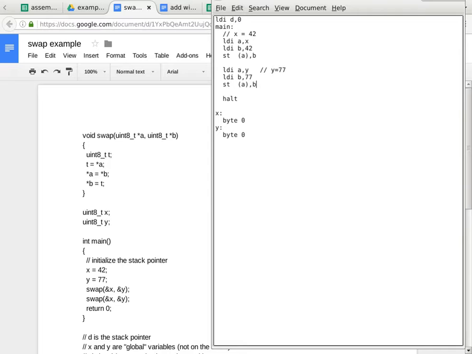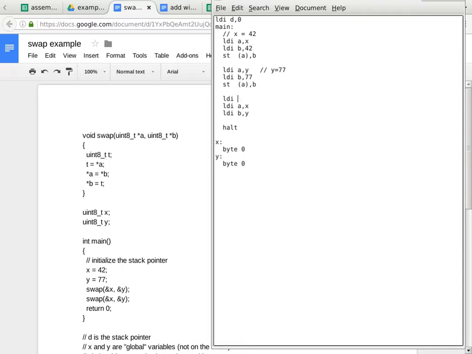And then the rest of this program needs to set up for the calls to swap. Because the agreement is if a subroutine has 2 or fewer parameters, all the parameters are passed by register A and register B. So we'll go ahead and stick with that particular rule. So we just say LDI A with the address of x, LDI B with the address of y. And we can do this a little bit later after we set up for the return address and all the other stuff. So we'll load A with